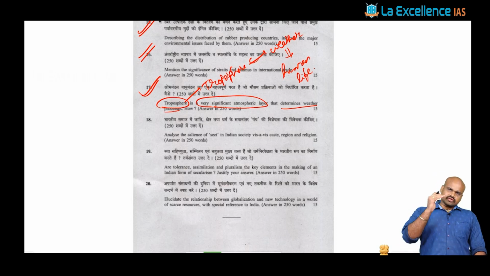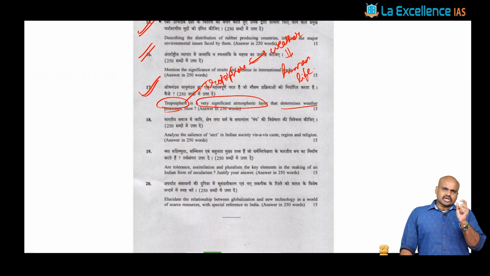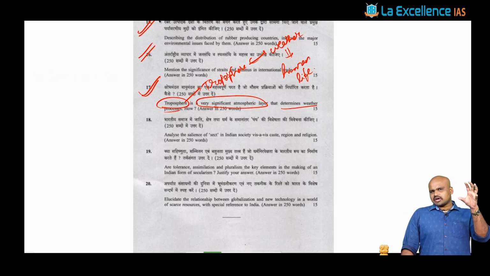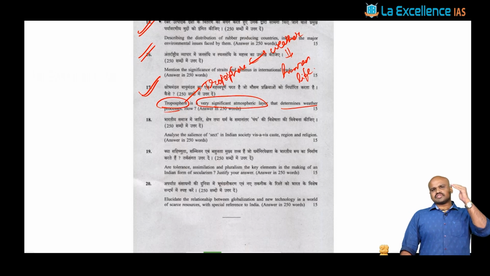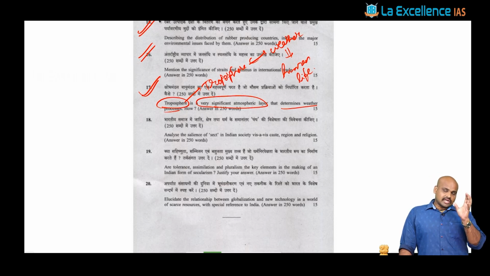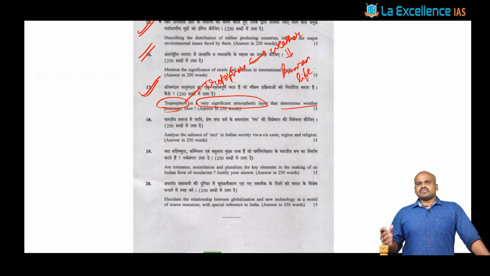And when you look at the structure of the atmosphere, you know that there are different layers, as we discussed in the class. That is your troposphere, stratosphere, mesosphere, exosphere, and as part of the exosphere we include the thermosphere and ionosphere. That's what we discuss. And when you look at the significance of each layer, we see that there are different characteristics. With respect to your troposphere, this is going to determine the climate. With respect to the stratosphere, we know that it has a specialized layer called the ozone layer, which is shielding human life from UV radiations.